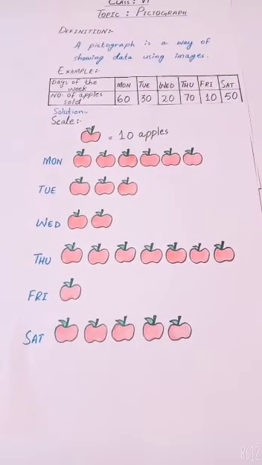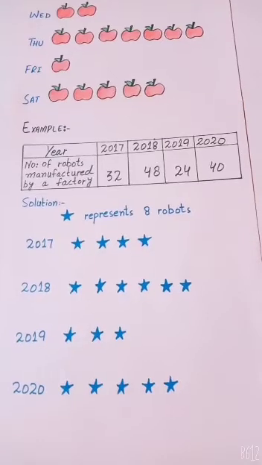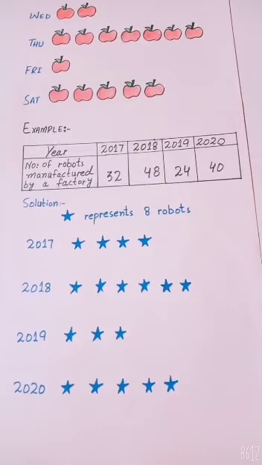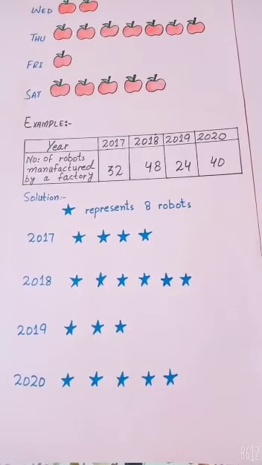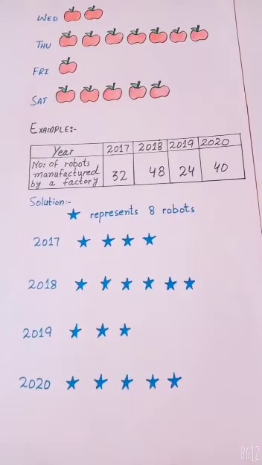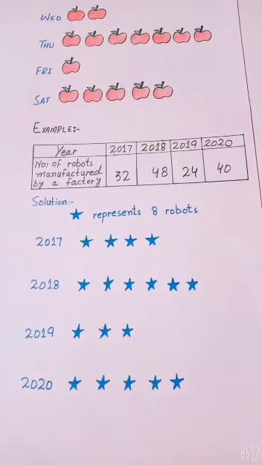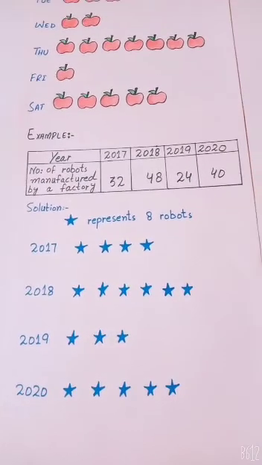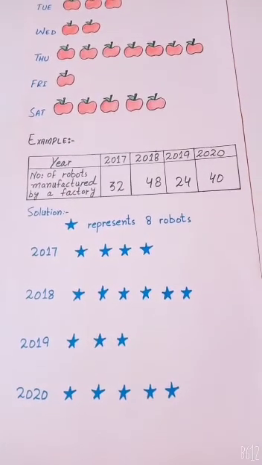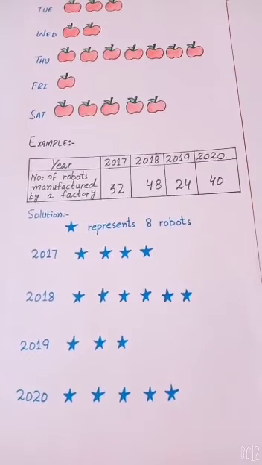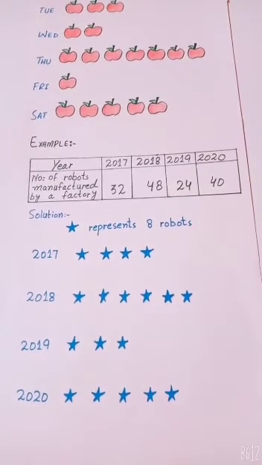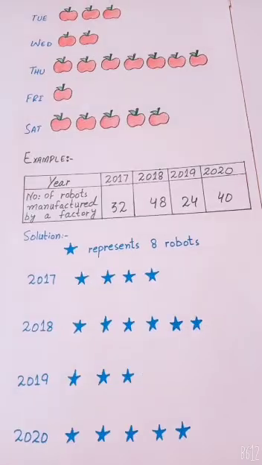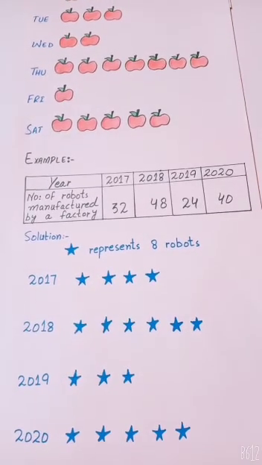I have another example for you. The data is year 2017, 2018, 2019, 2020. Number of robots manufactured by a factory: 32 robots manufactured in 2017, 48 in 2018, 24 in 2019, 40 in 2020. In this graph, I chose a star symbol